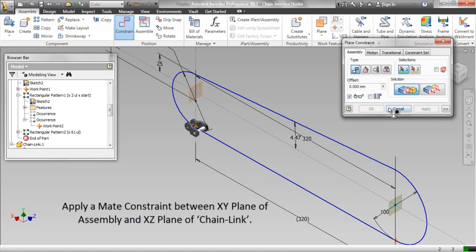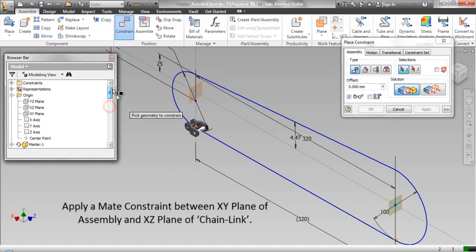Apply a mate constraint between XY plane of assembly and XZ plane of chain link.